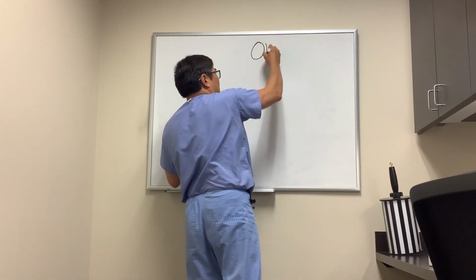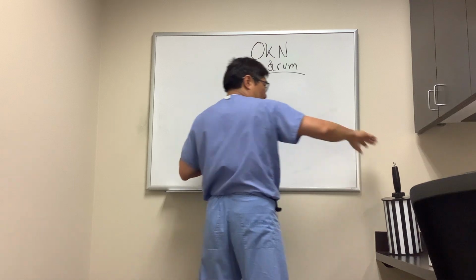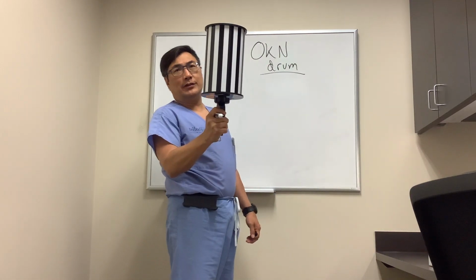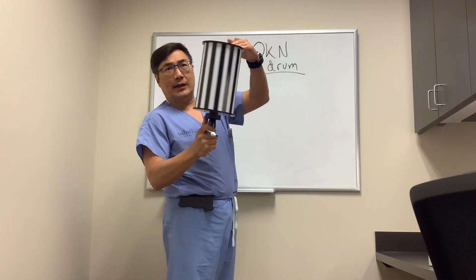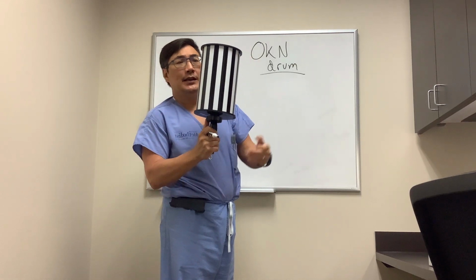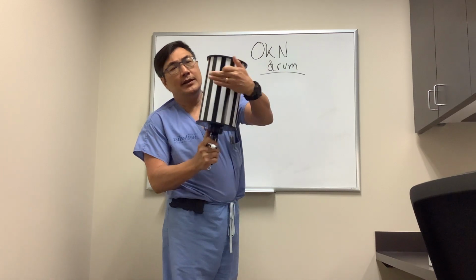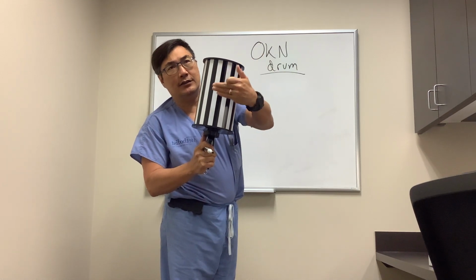So someone wanted to know about the OKN drum and how we use it in neuro-ophthalmology. And if you're wondering what an OKN drum looks like, it looks like this. It's a drum that rotates, and there's alternating white and black stripes. And the reason we use it is by rotating the drum, the patient fixates on the target and then has